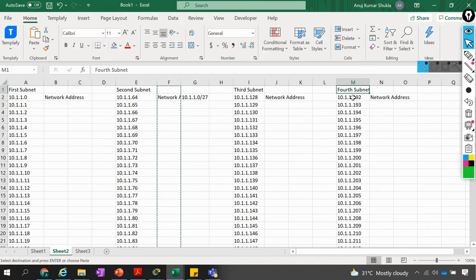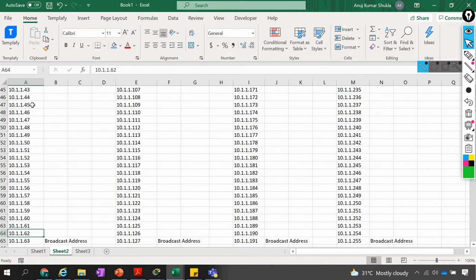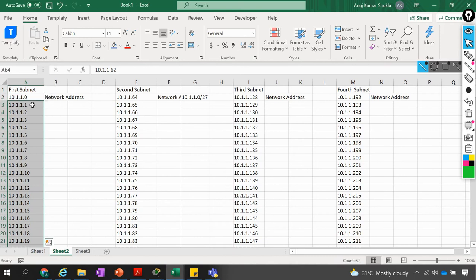And if you observe, earlier we had 254 usable IP addresses, but now how many do we have? We have a total of 62 on the first subnet.